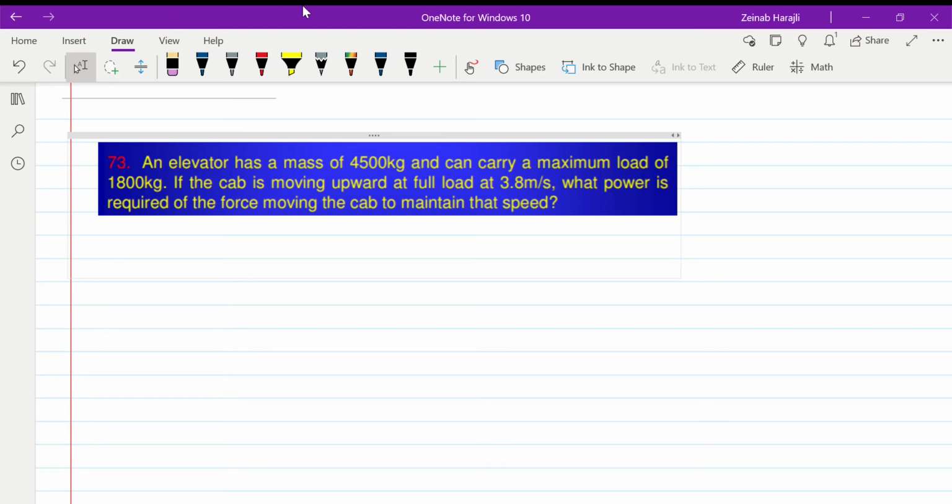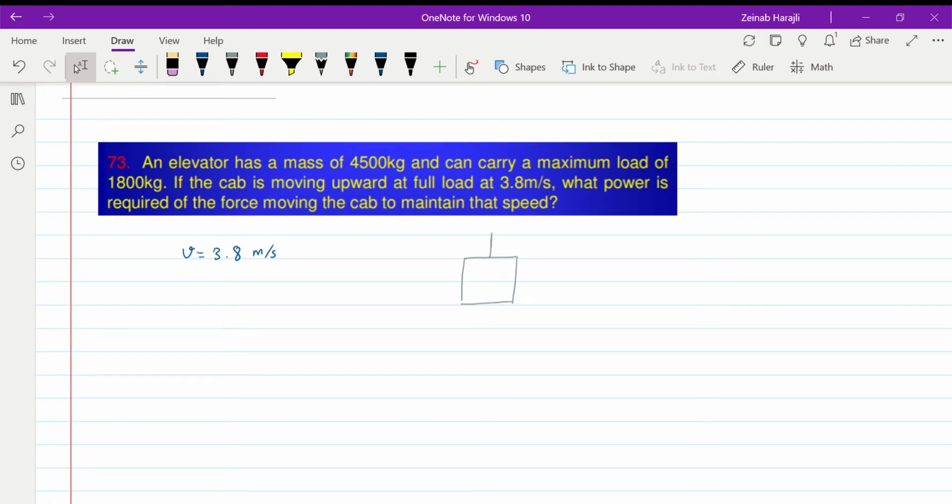In this problem, we are given an elevator with a mass of 4,500 kilograms and it can carry a maximum load of 1,800 kilograms. We're told that the cab is moving upward at full load at a speed of 3.8 meters per second. And we want to find the power required of the force moving the cab to maintain that speed. So, of course, the force moving the cab,